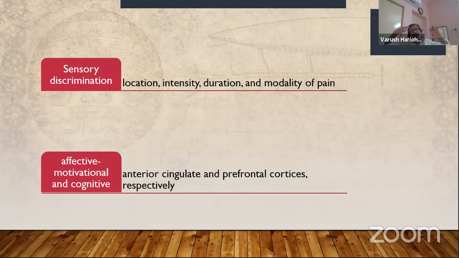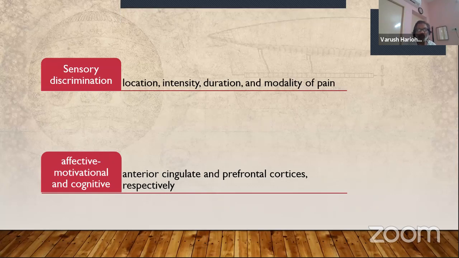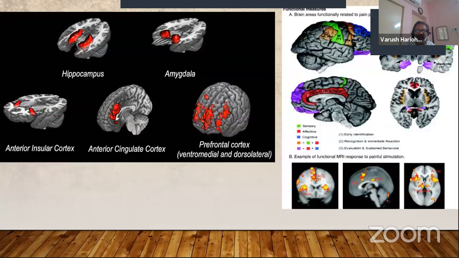So when we are talking about pain, we also want to think of it as a learned experience. What are the things which you are learning? What are the areas which are vital for our learning and the conscious understanding of that stimulus, right? So that's where your prefrontal cortex is far more important, right? And just an example of what are the areas which will light up if you have pain. Remember, this is your prefrontal cortex that is in the front of your head. You can see that as we take a layer of your brain, whether it is a cross-sectional or longitudinal section,